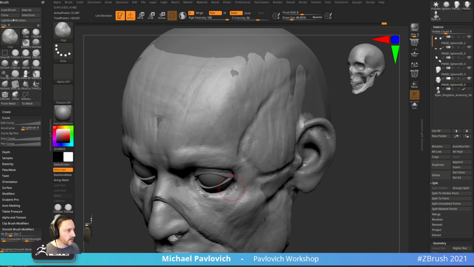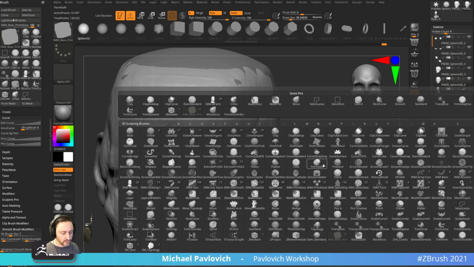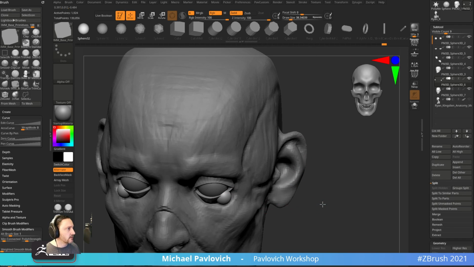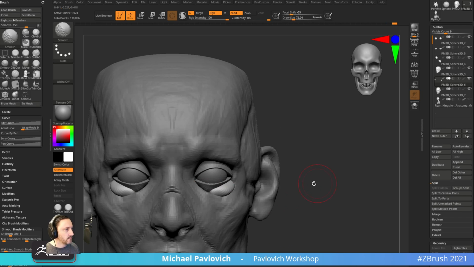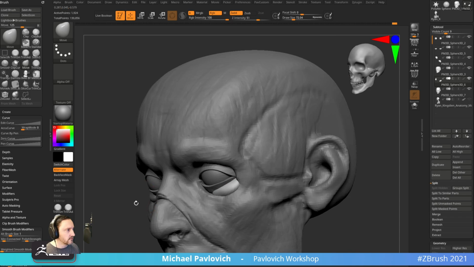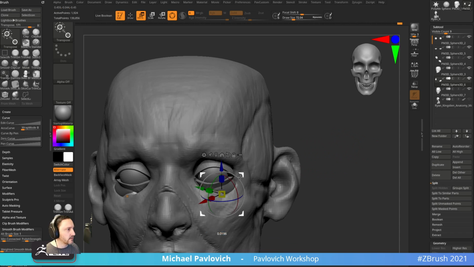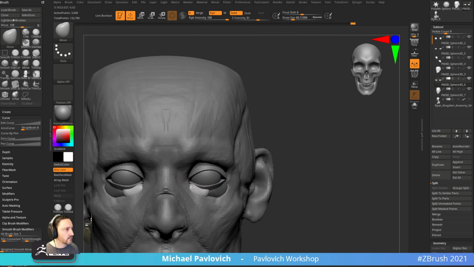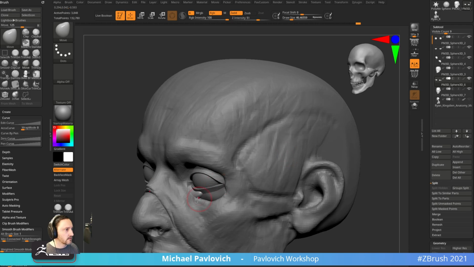I guess we could just do this. Let's go in here. You could do this: BI brush, insert IMM primitives, and grab a sphere. I'm going to use my custom menu, but we're going to split mask points, and we can just literally start populating the little globules of skin and fat that would end up in here. And if we want to drag out a copy, we can. We just Control drag over and scale this one down. Again, let's turn on LSIM so we're not scaling towards world center. Start dialing this